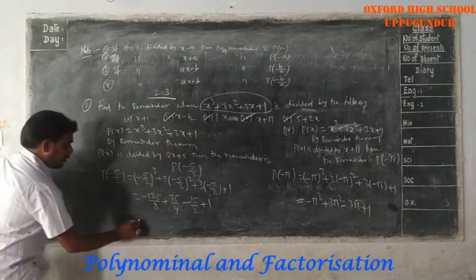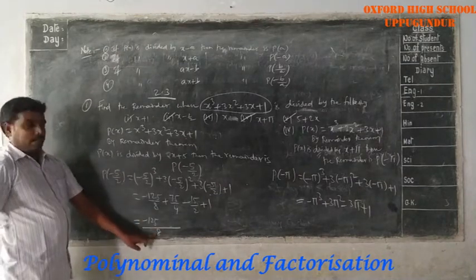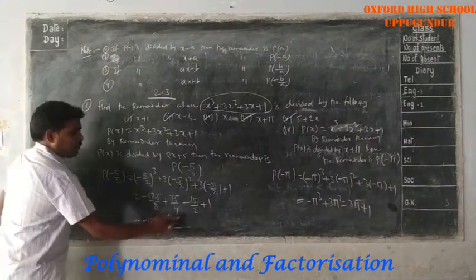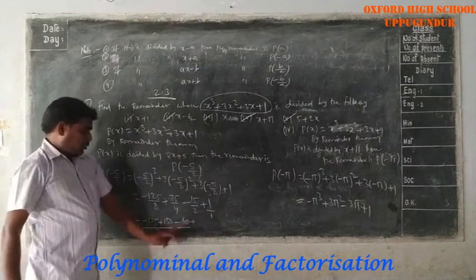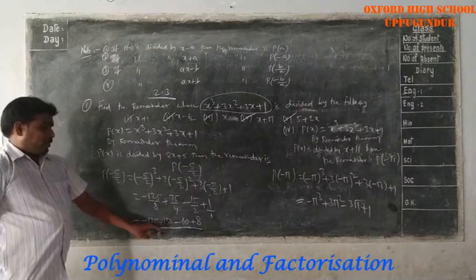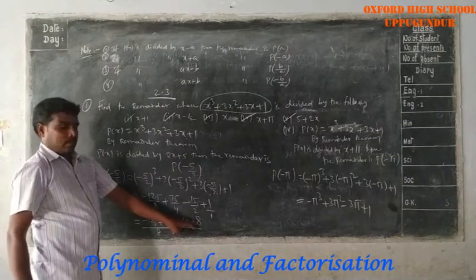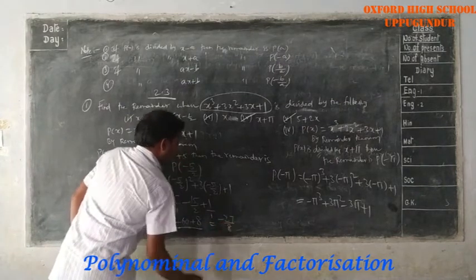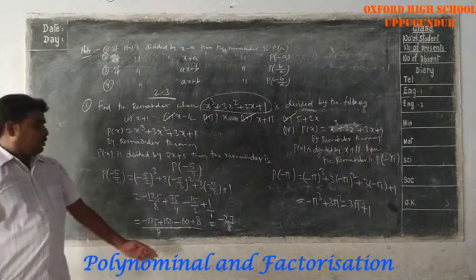So here what is the LCM we have? 8 is the LCM. Minus 125, 4 twos are 8, so 75 twos are plus 150, 2 fours are 8, 4 fifteens are minus 60, plus there is no denominator, meaning denominator is 1, 1 eights are 8, 8 into 1 is 8. So plus 150 minus 125, you will get 25, 25 plus 8 is 33, minus 60 plus 33 is minus 27, minus 27 by 8. So this is the remainder.